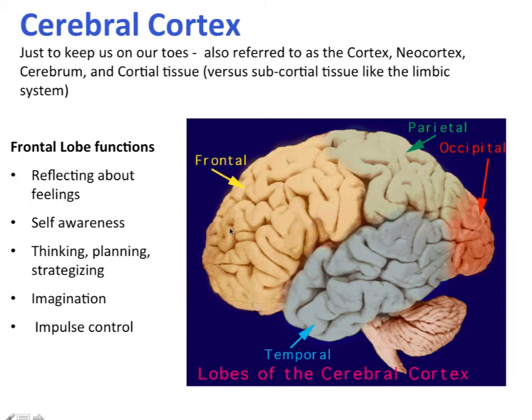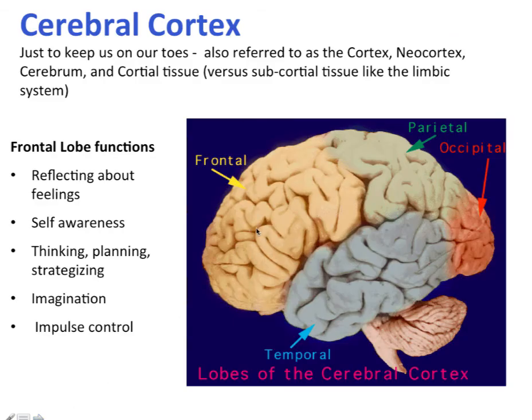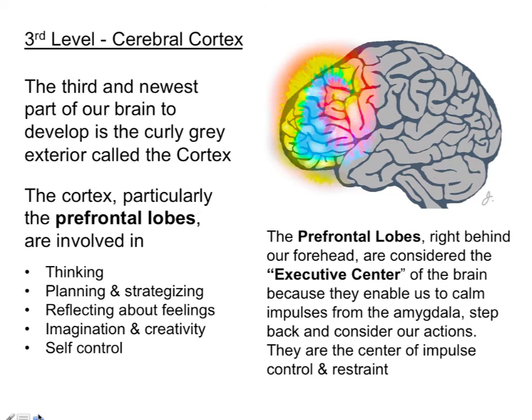in the frontal lobe, this is where self-awareness is, thinking, planning, strategizing, impulse control, calming down the emotions that are generated by the limbic system. Those come, you know, the brakes on the brain, self-discipline, self-control. These are all neural structures in the frontal lobe, and these can be built like a muscle. And the links from the frontal lobe to the limbic system, those neural structures can be developed over time. So we're talking about the prefrontal lobe here again still, which is often referred to as the executive center of the brain,